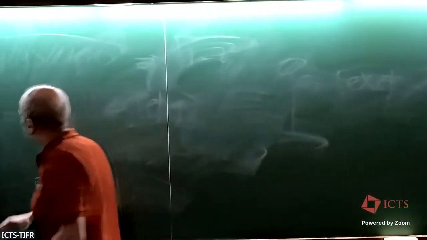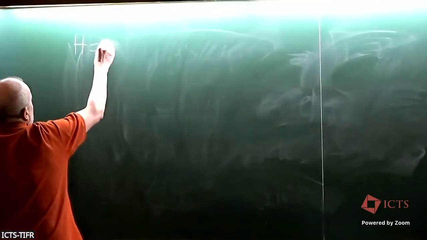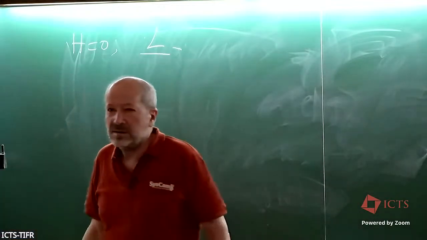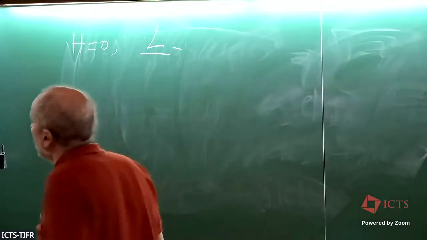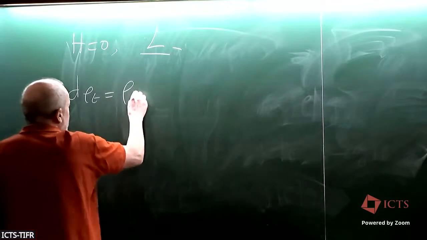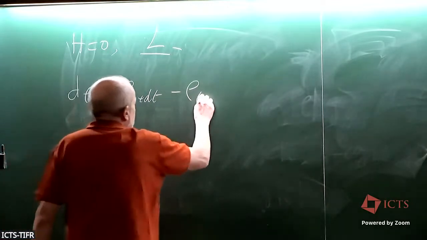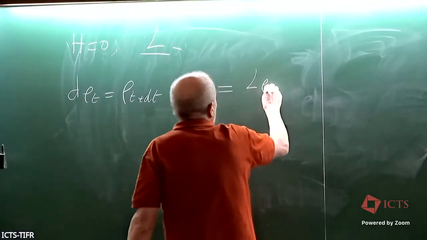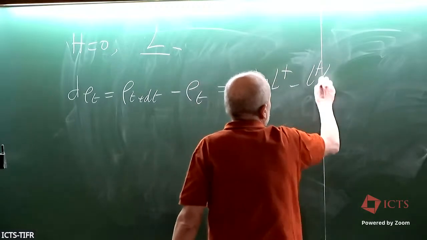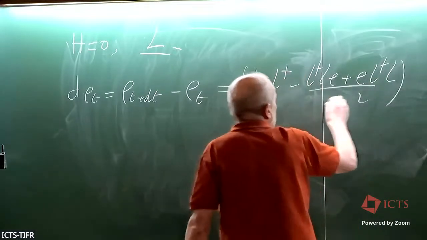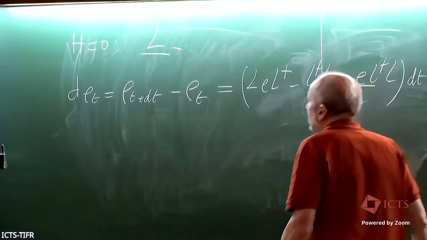So in a certain sense, I will take only one, so I will take h equals 0 and only one L in this case. Here it's just the general formula. So what I have is, you agree, d rho of t. What is d rho of t? It is rho of t plus dt minus rho of t. And if I write the first equation, it is L rho L dag minus L dag L rho plus rho L dag L over 2 dt plus,